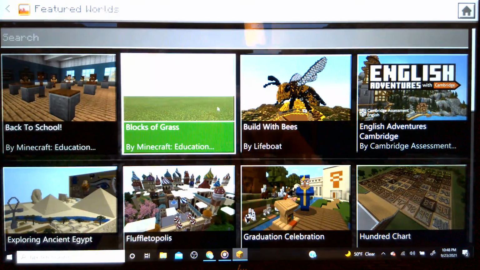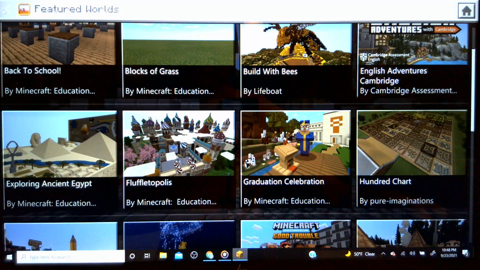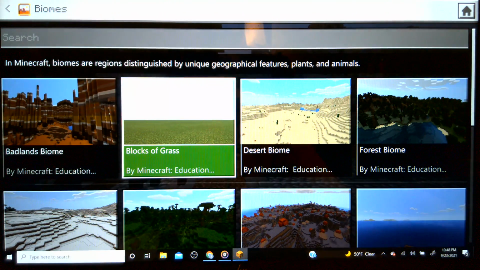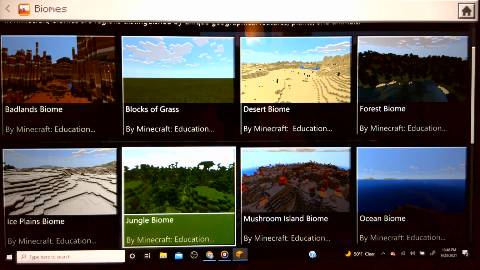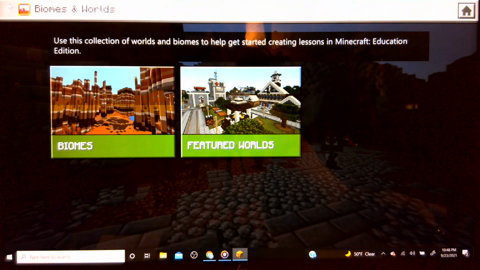The Biomes and Worlds has lots of different worlds you can choose from. Fluffaltopolis is one of the favorites. Kids love it. I like the Egypt. There was one for ancient Egypt. There are biomes, so whether it's a jungle, the ocean, the forest, icy plains, desert, students can choose and learn